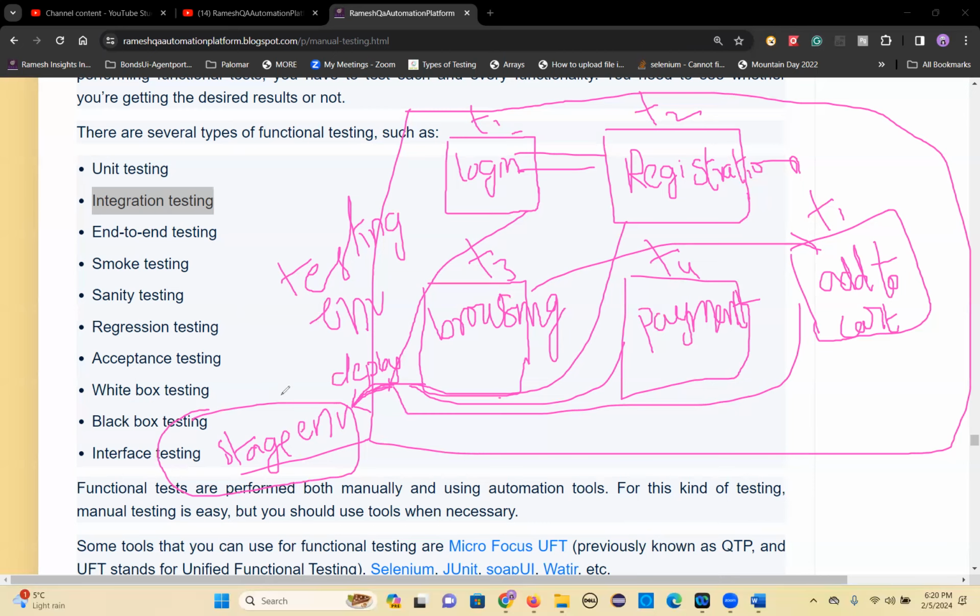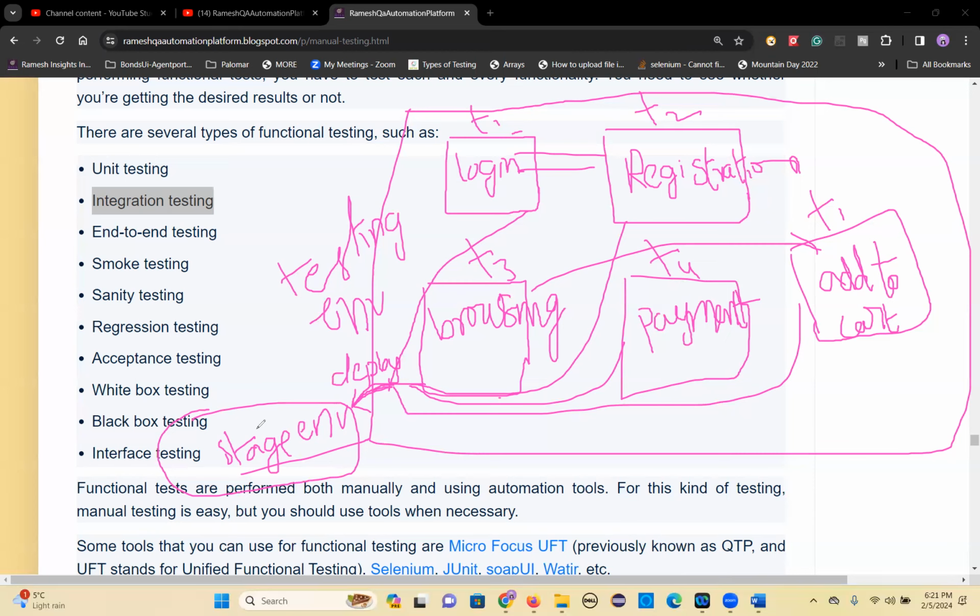System testing mainly focuses on whether each requirement is fulfilled, and all positive, negative, UI flows are working or not, you will check on this staging environment. Then you will provide a sign off also here. And you will do few more test cases, few more testings. That is end-to-end testing. End-to-end testing means it's similar to system testing, but